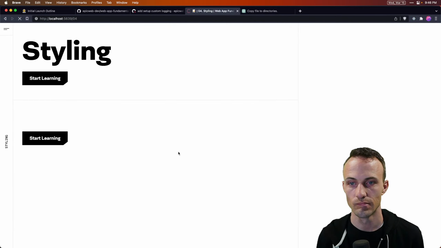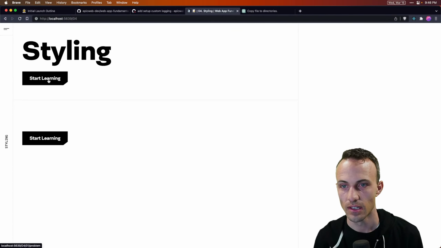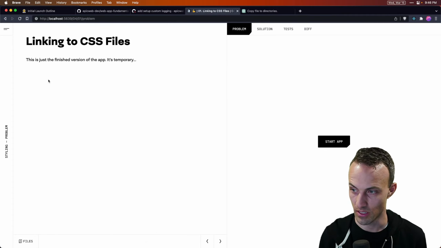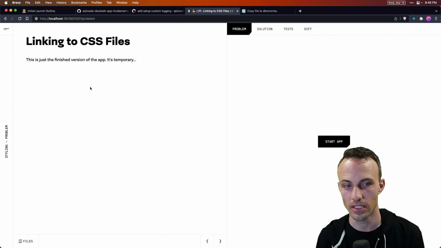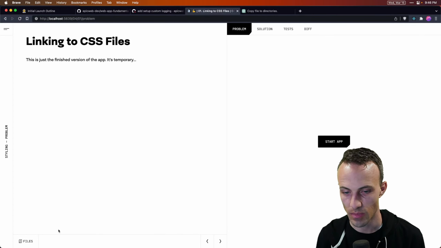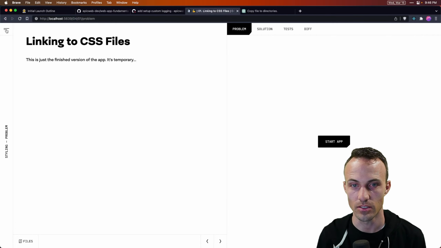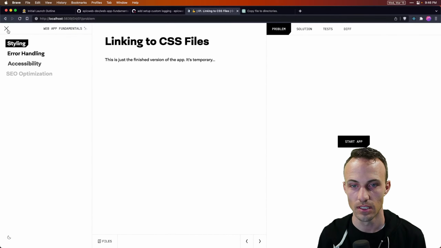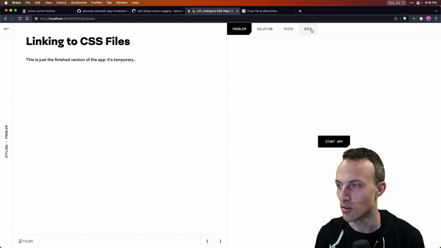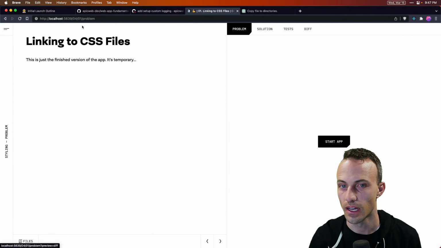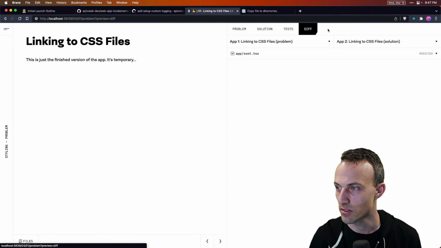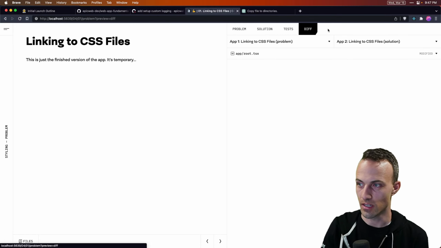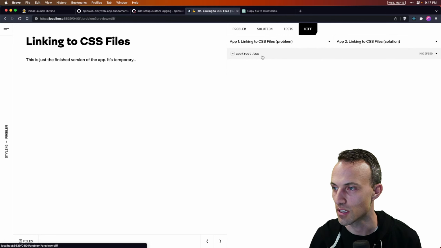04, styling, start learning. I clicked it, it did not respond. Oh, yeah, it just took a while. We need to have some sort of spinner somewhere. Maybe this turns into a spinner. That looks pretty cool. Okay, cool. Diff, yeah, some sort of spinner. We could even just turn the cursor into a spinner as a basic thing to start.